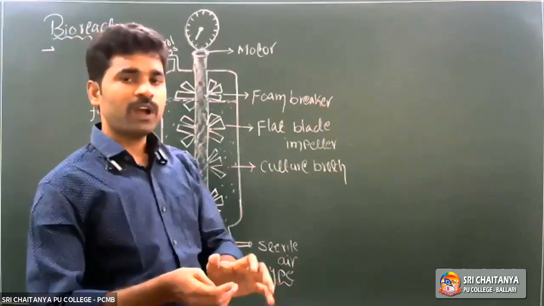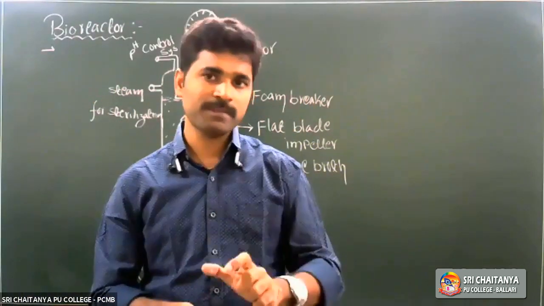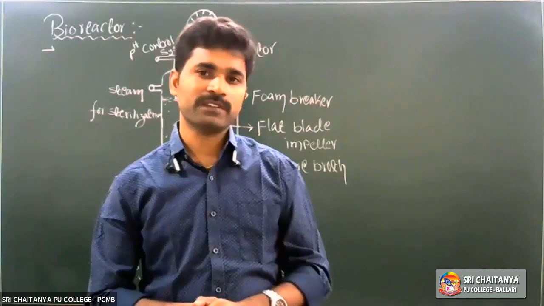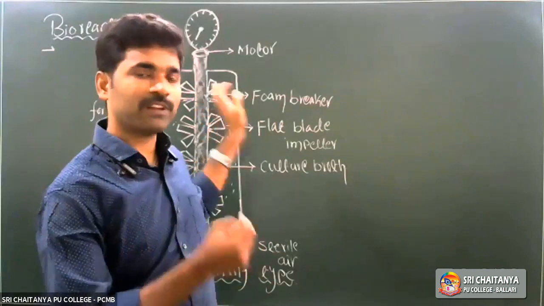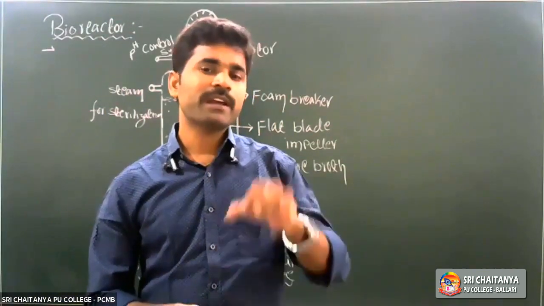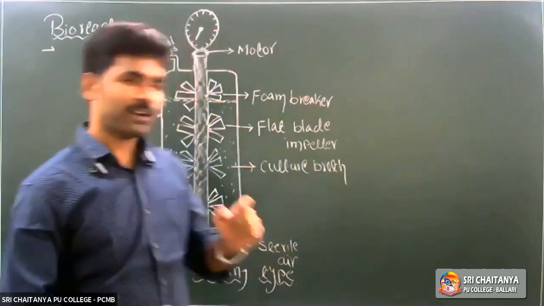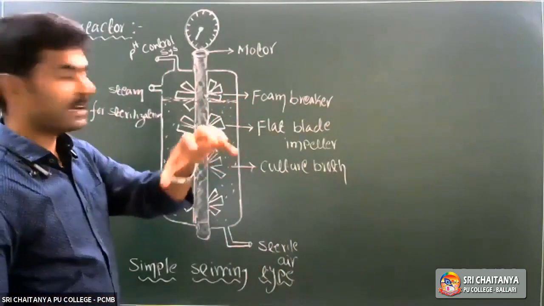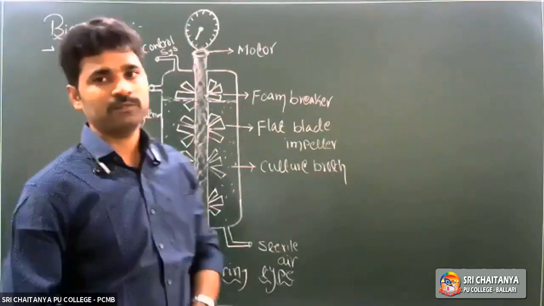So now, already in the step of selection of transformed cells from the non-transformed cells, we collected recombinant cells. Am I right? So in the last step, selection of transformed cells from the non-transformed cells, we collected recombinant DNA containing cells. Am I right? So those recombinant DNA containing cells we transferred into the bioreactor.